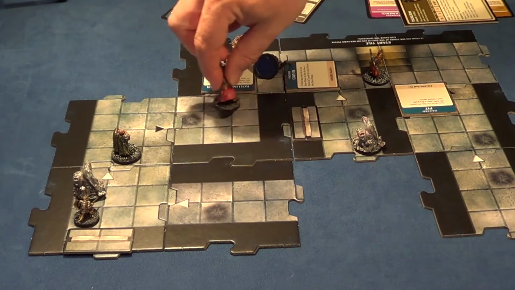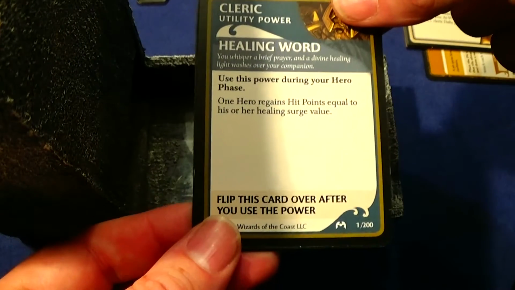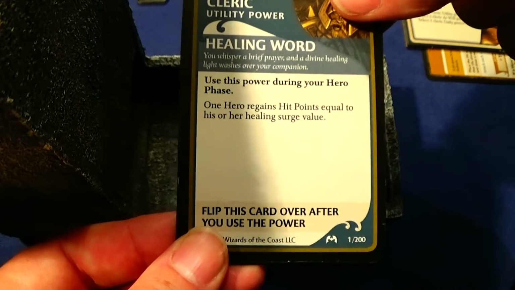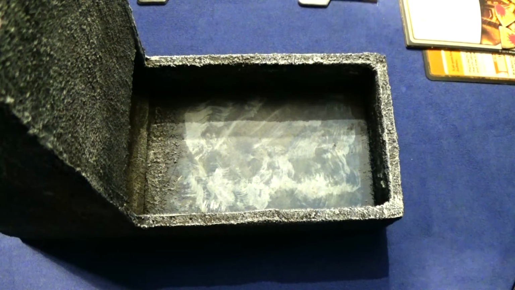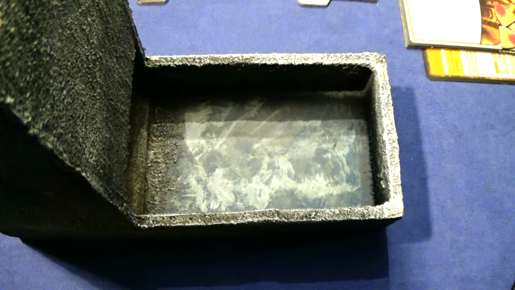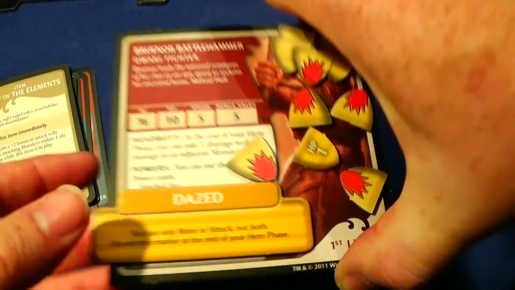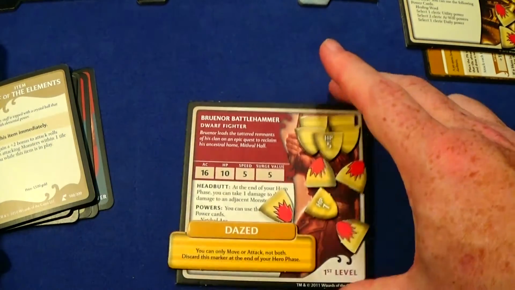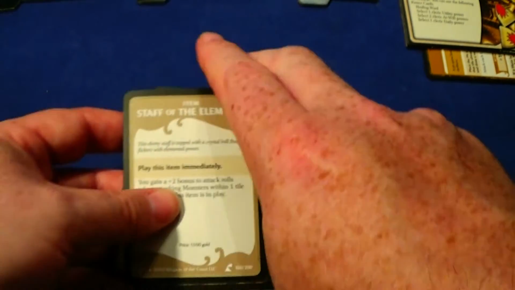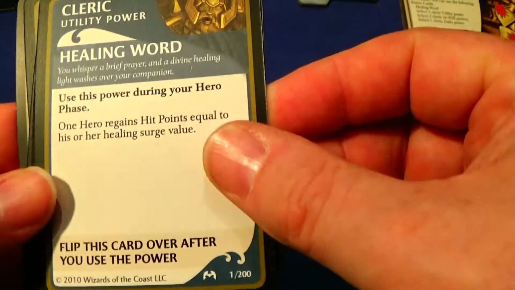Okay, I want to go back. 1, 2, 3, 4. Hang on, what was it there? 1, 2, 3, 4, 5. Okay, it just says use this power during your hero phase. 1 hero regains hit points equal to his or her healing surge value. Okay, so Bruenor Battlehammer has 1 left. And he's the only one who's actually active at the moment. So he has a surge value of 5. As you can see, let's move his things off here. He has a surge value of 5. So let's turn this one back over. So that's brought his healing surge up to 5. So that's the healing word utility